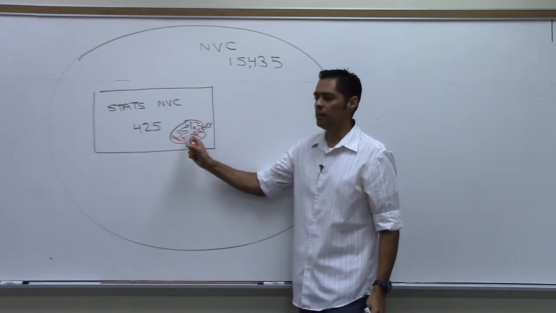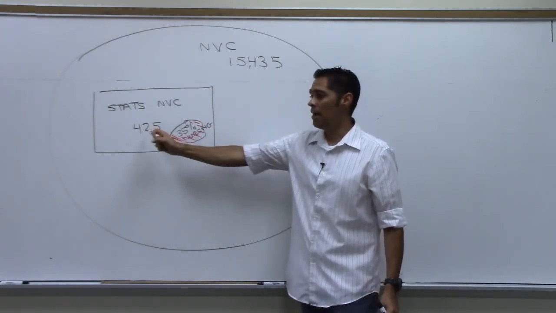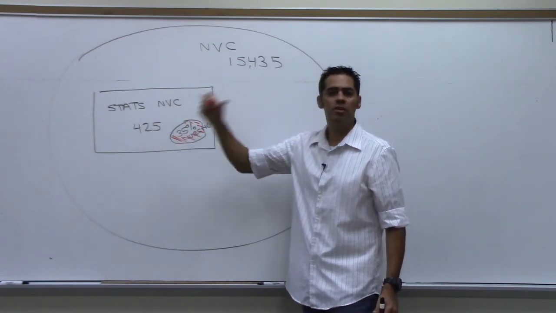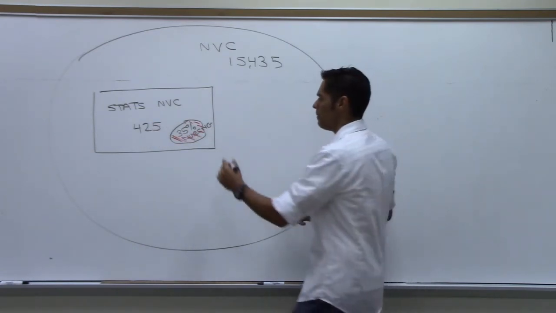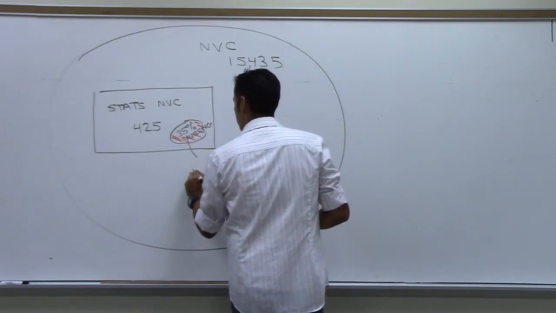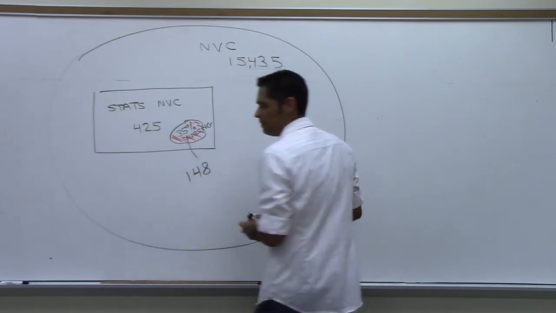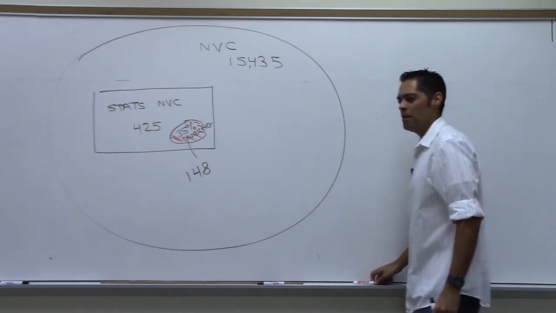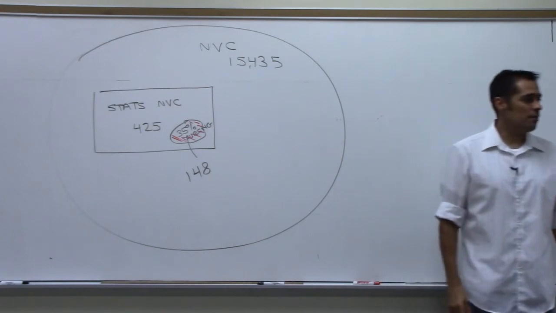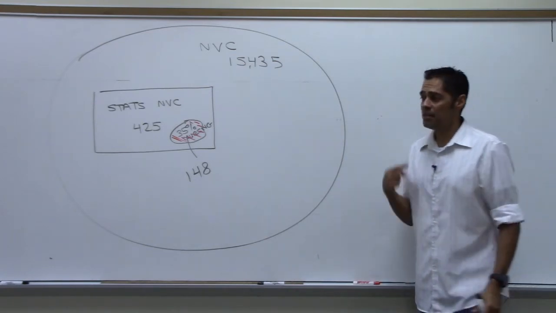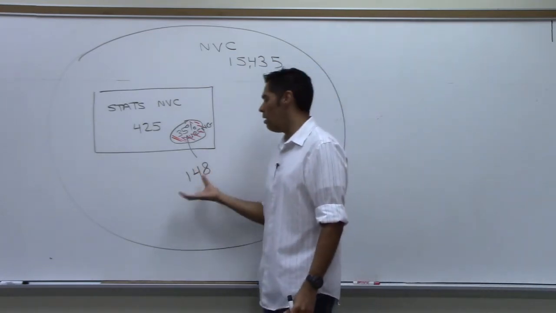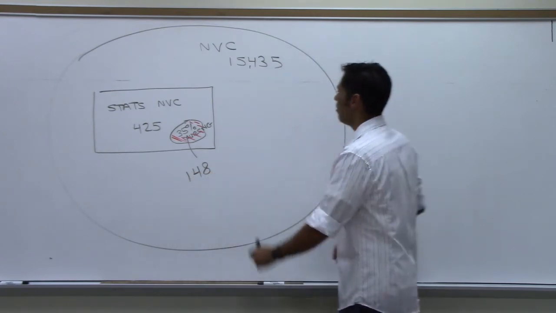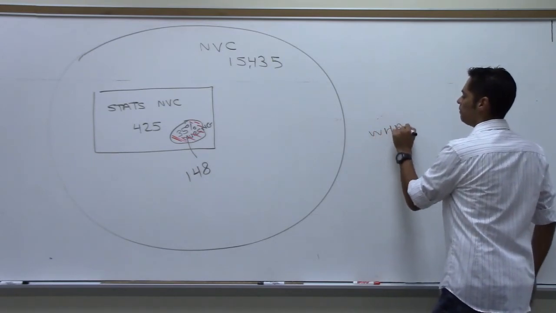So how many students are in here? 35% of that, right? So what is 35% of 425? 148. What did you get? 148. So there are 148 students, not 148 and a half or anything? Was it a decimal? It's fine. We'll just say 148. Good enough. So there are about 148 students that are in stats planning to go to nursing school. And since these are all of the students planning to go to nursing school, then the percentage of the population, we're saying what percent